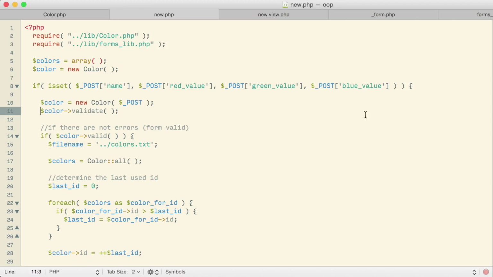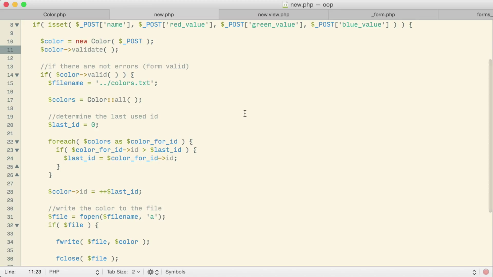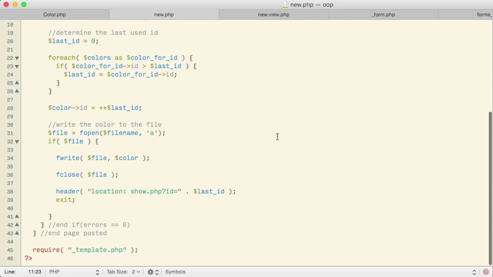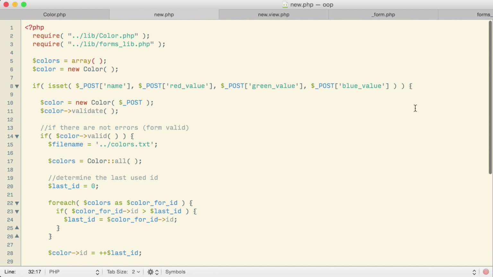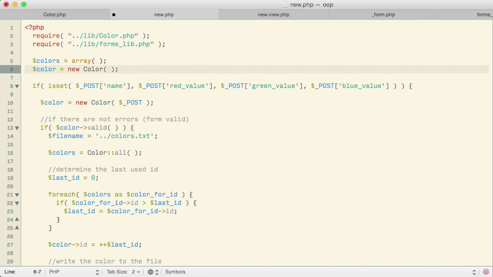What's left? Well, what's left at this point is sort of the big part in a lot of ways. The part of our new page that is most closely connected with how the colors are stored in a file is still something that we actually have here in the new page itself. I think what I would actually like to do at this point is wipe that out and move that inside the color object itself. Here's what I'm thinking, is that my new page at this point, I think I would like for it to become, basically when the page first loads, we start with a blank color.